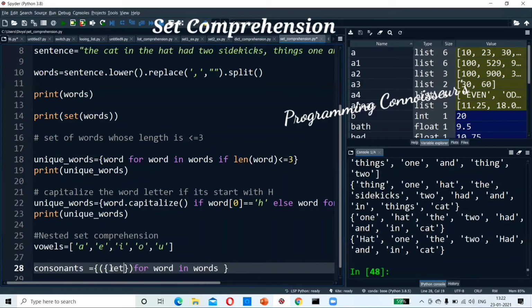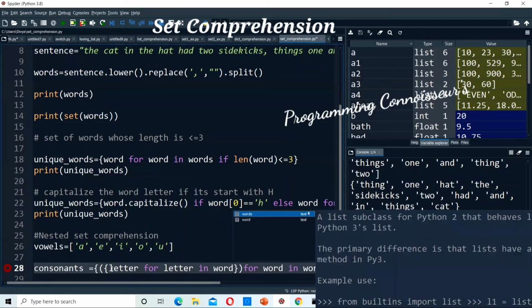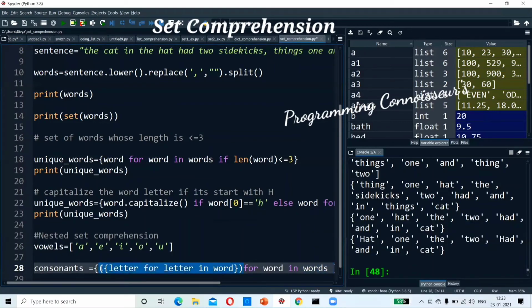What is that? For letter in word. So we are doing it for every word. Are you understanding? We did the first one. In the expression, I am writing one more comprehension. See, we were keeping a word here, right?